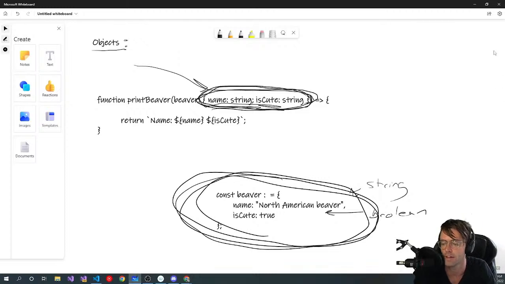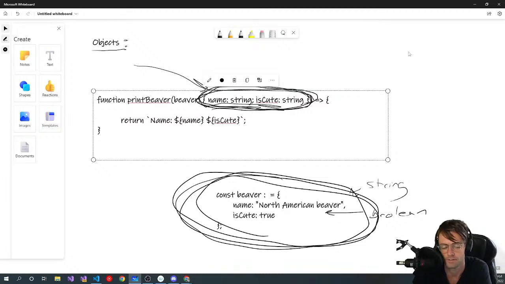So another thing is, is this function correct? Is this a trick question? Is this function correct? If I run this function, what will happen? What's going to happen is it's actually going to error, because if you look, I have name and I have